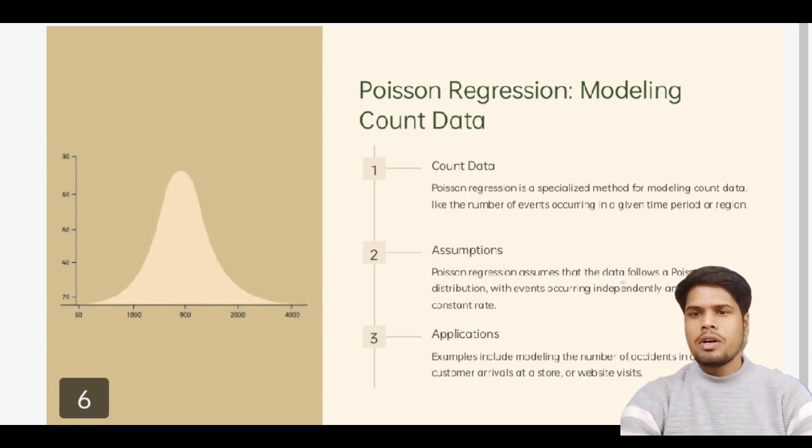Now the explanation of logistic regression in code: data preparation, model training, predictions, evaluation, and visualization. Data preparation: for simplicity, we can convert the iris dataset into a binary classification problem, Setosa versus non-Setosa. Model training: use the LogisticRegression class from sklearn to train the model. Third is make predictions, from 0 to 1.